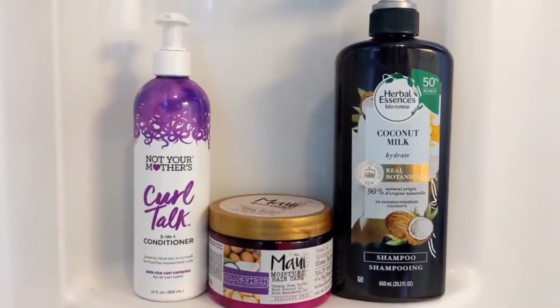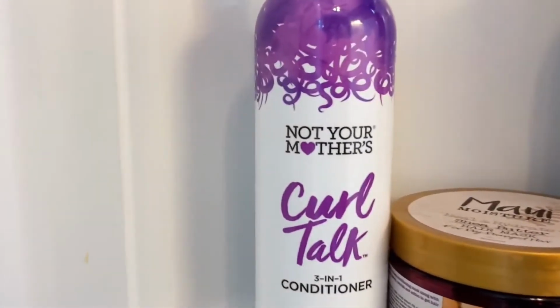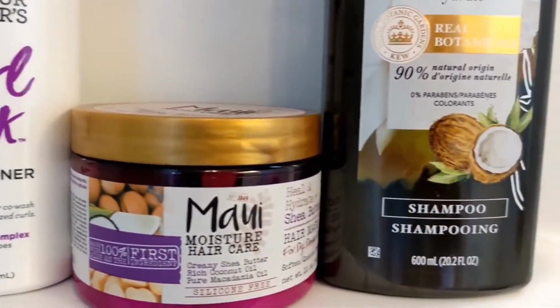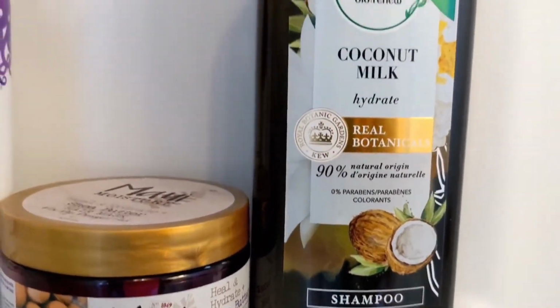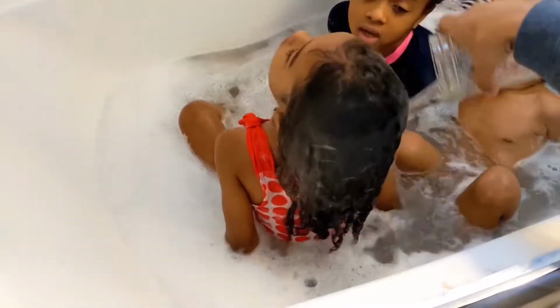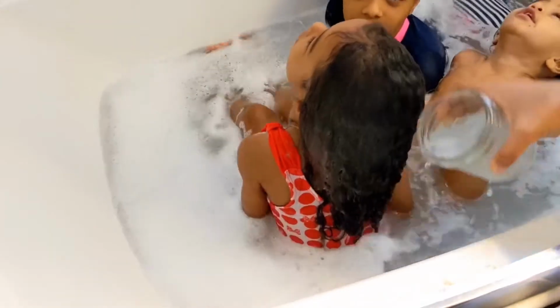Hi guys, today I am going to show you Dallas's curly hair routine. These are some of the products that we use and love: Not Your Mother's Curl Talk Conditioner, Maui Moisture Heal and Hydrate plus Shea Butter Hair Mask, and Herbal Essences Bio Renew Coconut Milk Hydrating Shampoo. So we'll start off by making sure the hair is fully saturated with water, and then